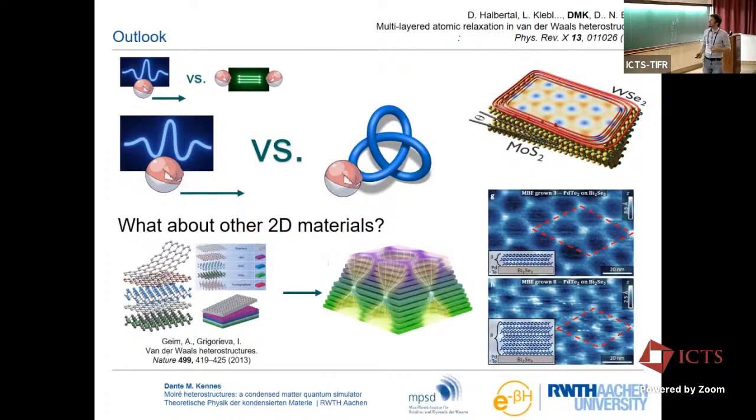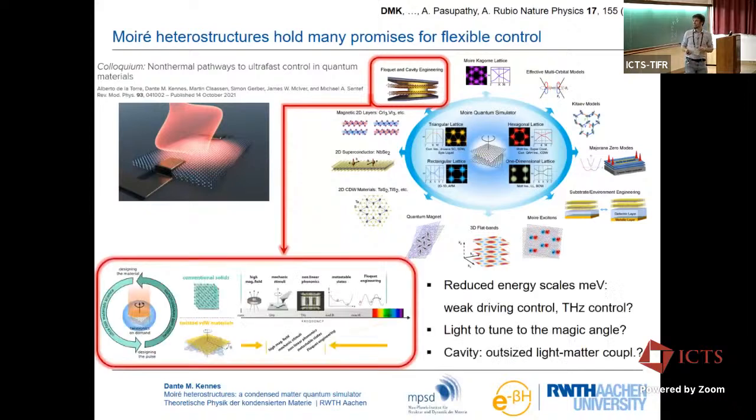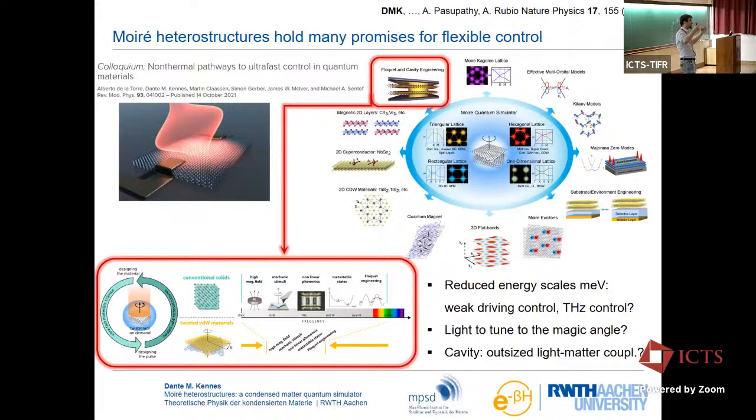All right, the other word of outlook is why I think this is very interesting also in the field of Floquet and cavity engineering: this quenching of kinetic energy scales. Yeah? So you have gotten rid of the kinetic energy scales, and in turn, you could hope that other energy scales that are usually very difficult to make strong, such as coupling to a cavity, actually play an outsized effect. Yeah? And this is just how I want to connect to these other pillars. And with that, I'm done.